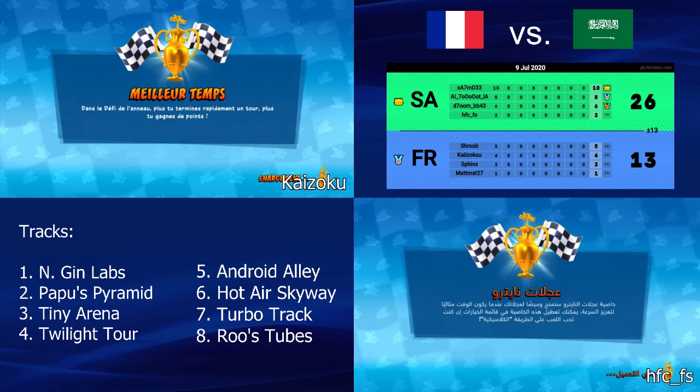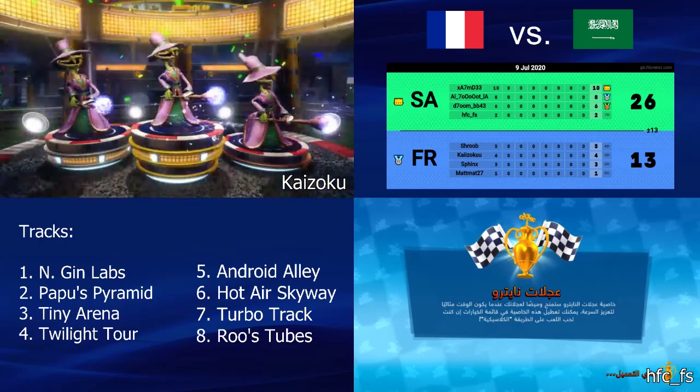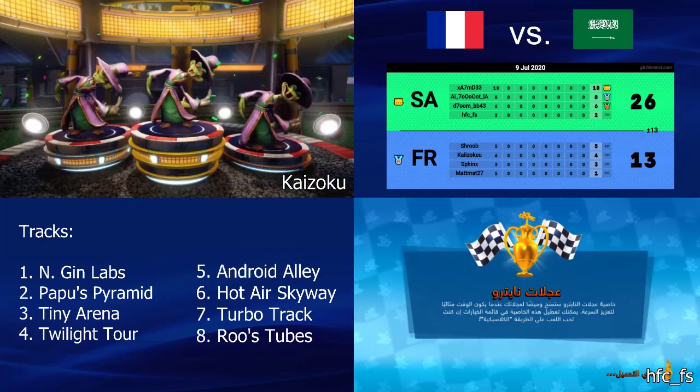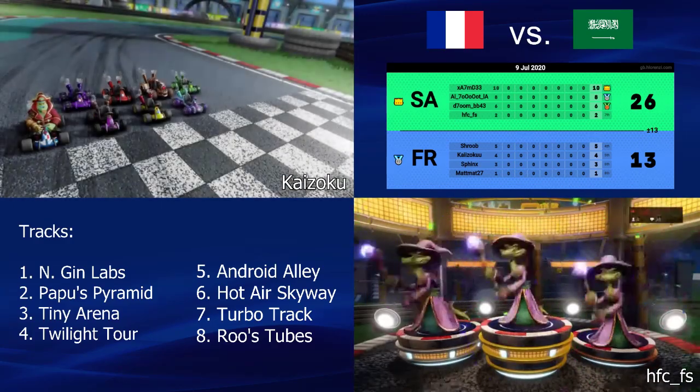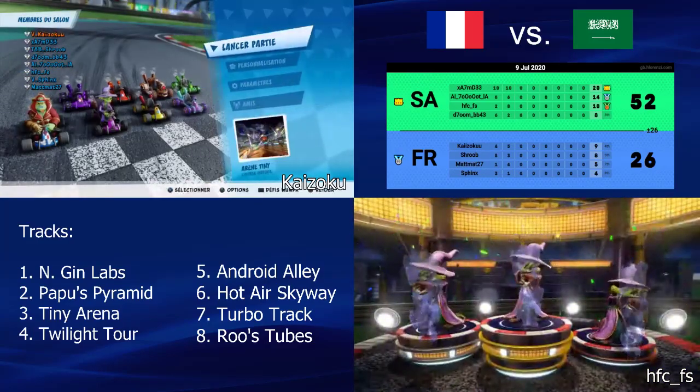Plus 26 for Saudi. Hamid doing the points. Okay. Aïe aïe aïe, le deuxième top 3, c'est mal barré pour l'instant. Yep, that's correct. On va aller voir si on est capable de faire quelque chose sur Ransom. Moi j'y crois, je reste confiant.